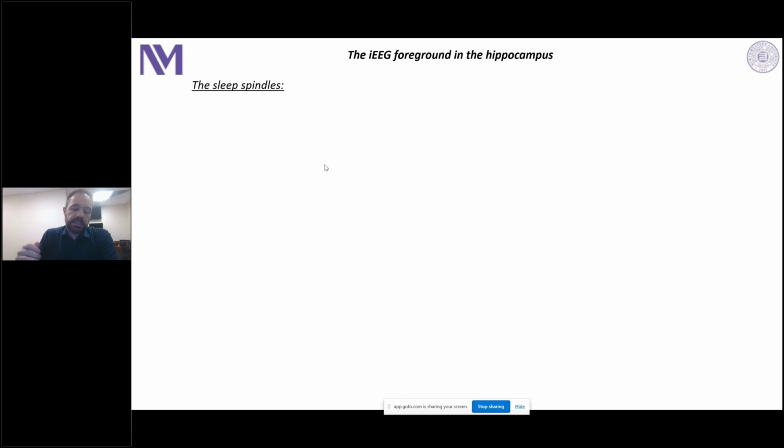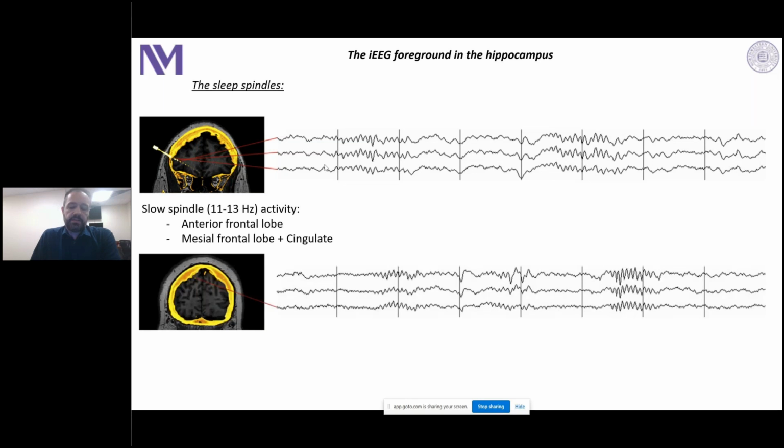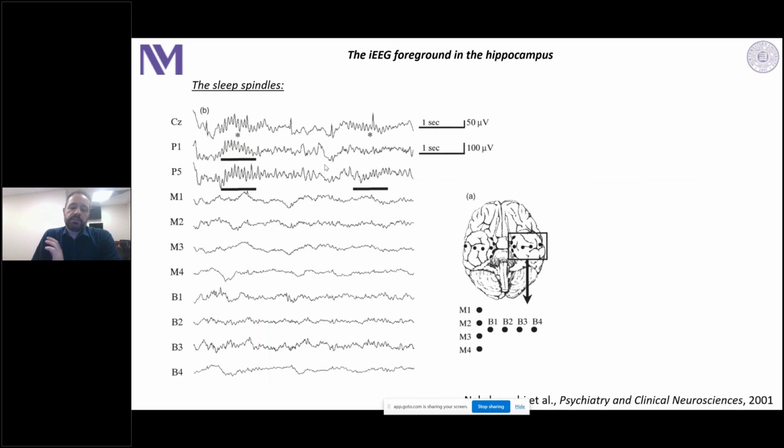We talked about the sleep spindles, and I want to make a pass to the hippocampus through that. So just like in the extracranial EEG, we're recording from the frontal lobe, specifically the anterior frontal lobe and the mesial frontal lobe and the cingulate, slow spindle activity, and from the parietal lobe, faster activity, 13 to 16 hertz. However, if we go to the temporal lobe, and this is something we already knew from recordings with grids and strips,